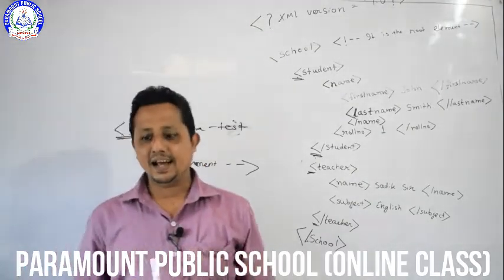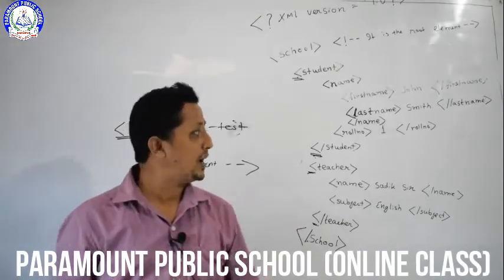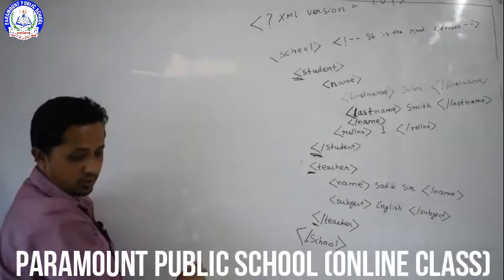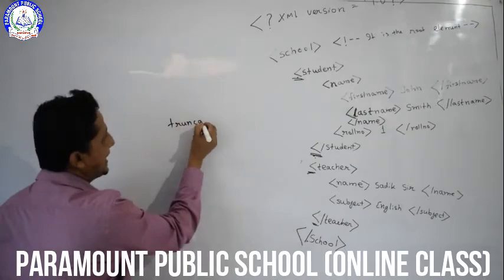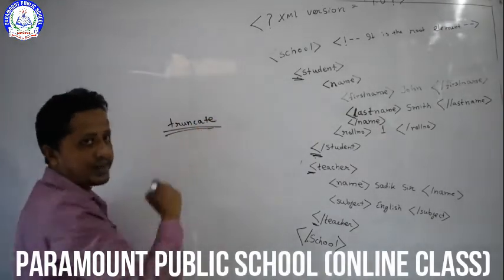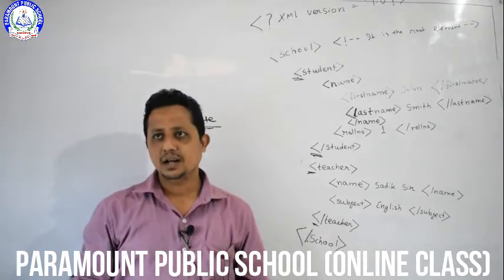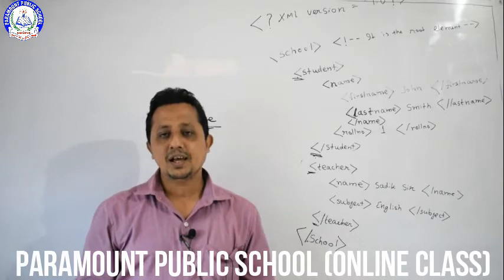Basically, in XML there is a word called truncate, T-R-U-N-C-A-T-E. What do we mean by truncate? There are two similar terms, truncate and round off. Truncate means cut, and round off means mix up.